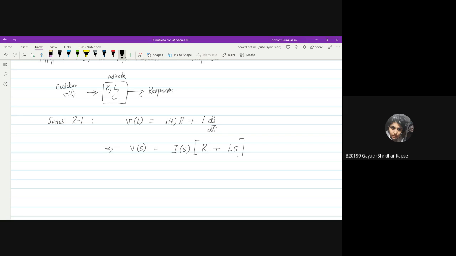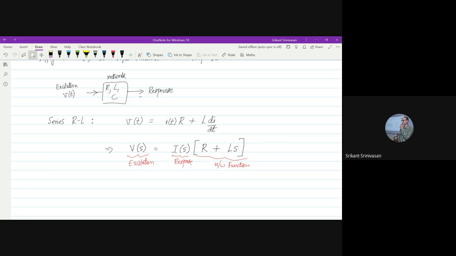So what I have is the excitation, the response, and a network function. This function doesn't depend on the excitation or the response. This is a passive part, and it is fixed. I've taken a breadboard and put one resistor and one inductor, and the behavior of that circuit is fixed. That is called the network function. It describes how the network is going to behave. For that given network function, I can apply any kind of excitation and find the corresponding response.